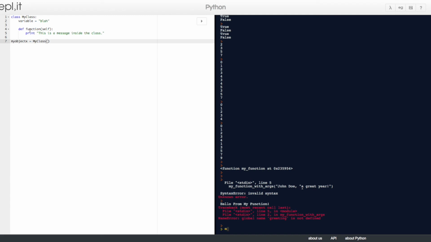And then to access object variables, we would write my object X period variable. So we would access that, and then we could print that variable, my object X period variable.